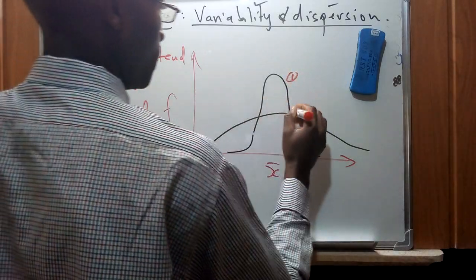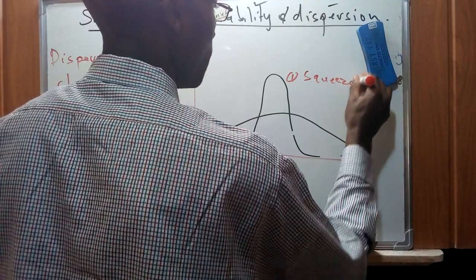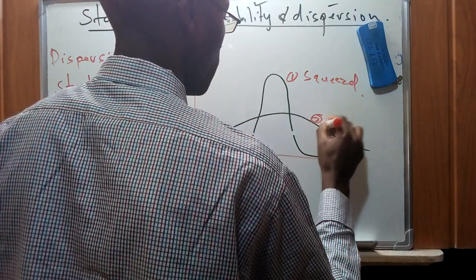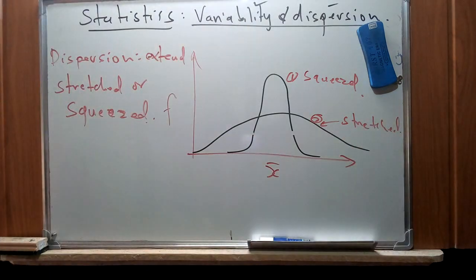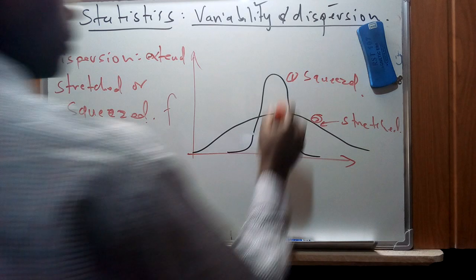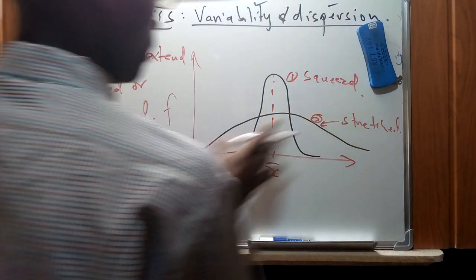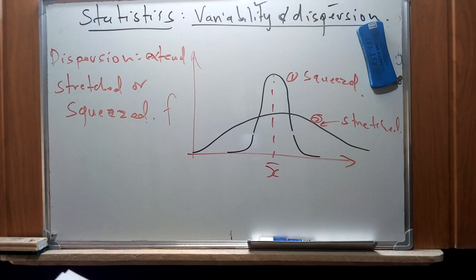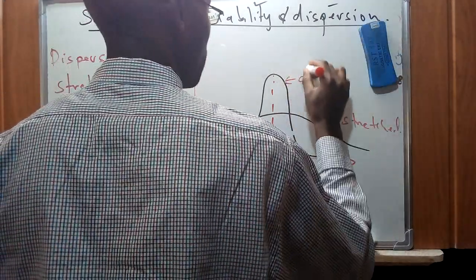Graph number 1 has been squeezed, and graph number 2 is stretched. So, giving the difference between the two, this is still from the center of the distribution: squeezed towards, or stretched away from, the center. This first graph is going to give us what we call close dispersion,